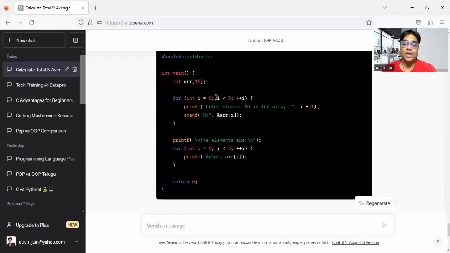So learning a programming language is always there actually, but there may be a time that will come in future where instead of writing this lengthy code, you'll ask ChatGPT to produce that code. But whenever corrections are required, definitely the human brain, the knowledge of that particular language, is very, very important.